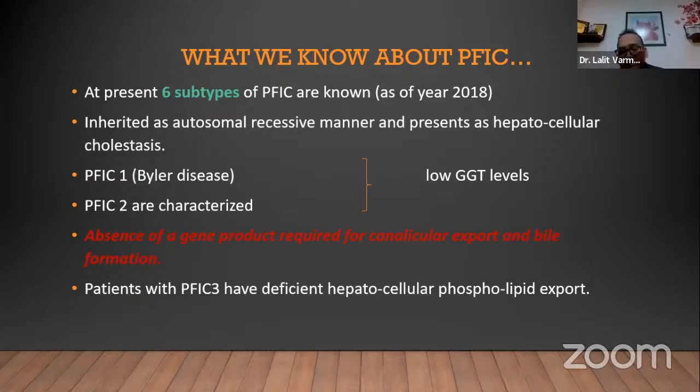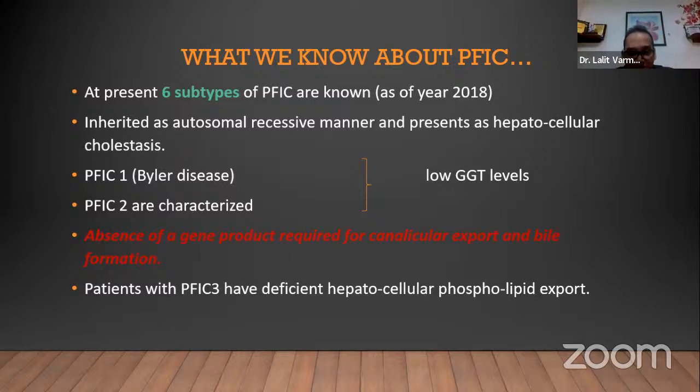That does not mean that it only runs in families. But of course, this child had a consanguineous marriage. 20 to 30% of the time it will run in the family, if they are carriers. The first PFIC, or progressive familial intrahepatic cholestasis, was known as Byler, after one of the scientists in the US. PFIC type 2 is what our patient has. They both have low GGT. If you see, our patient has a GGT of 30.